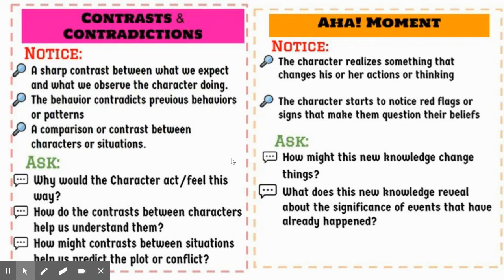Is this what's creating the conflict in the story, or is this a whole new conflict that's coming up? Another thing that you could look at is, what does this new knowledge reveal about the significance of events that may have already happened? So all of a sudden, this aha moment may clarify something that's happened long before this